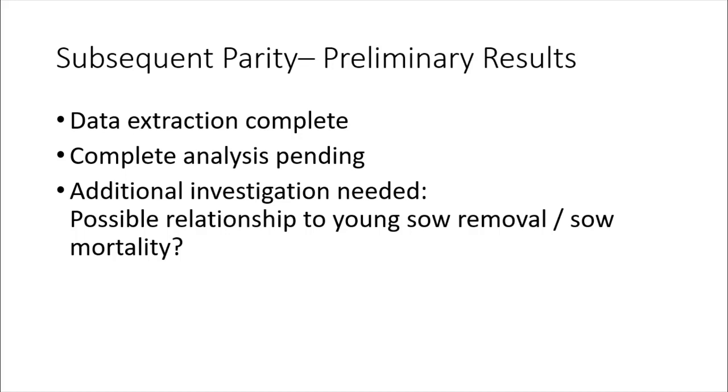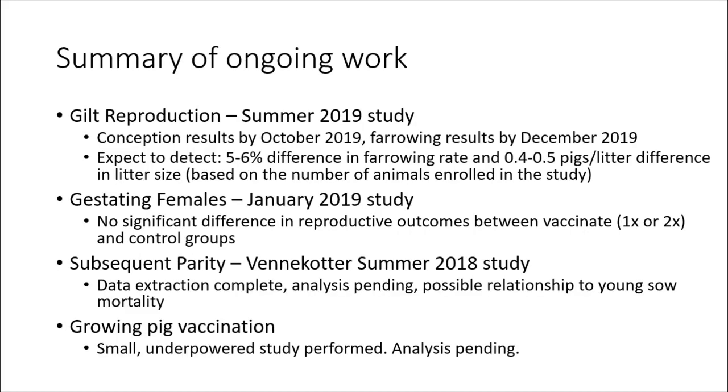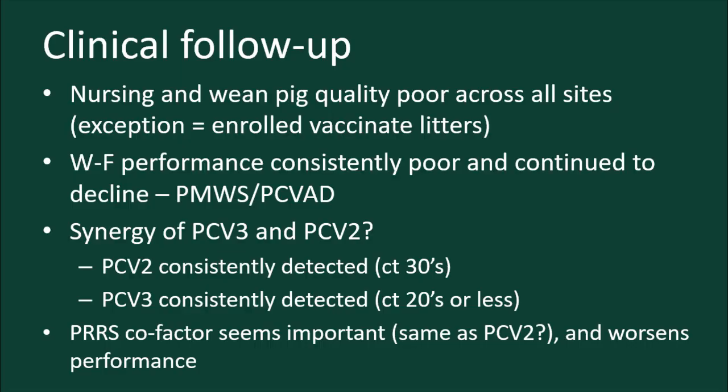One of the things that we have teased out of that, and we need to investigate more closely and see if we can find some significance, is it looks like there may be a possible relationship to young sow removal and mortality in these groups. I'm not sure. It's something we need to look at further. So I've mentioned all of this for sake of time. I will skip this